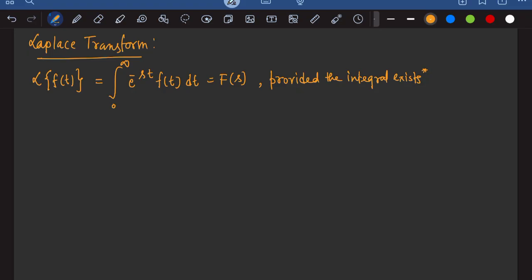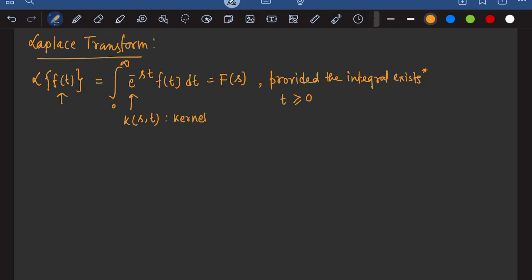Now see the definition itself. The Laplace transform of a function f(t) is given by an improper integral where the range is from 0 to infinity, of e^(-st) f(t) dt, and here t is always greater than or equal to 0. Now this is the Laplace transformation, and here you can observe this e^(-st) is usually K(s,t), which is known as the kernel